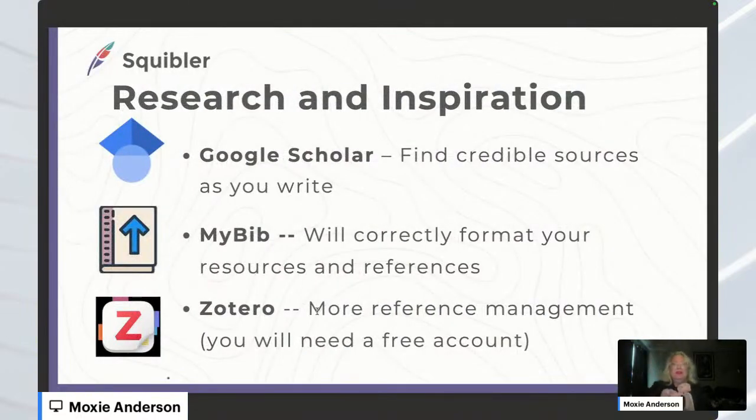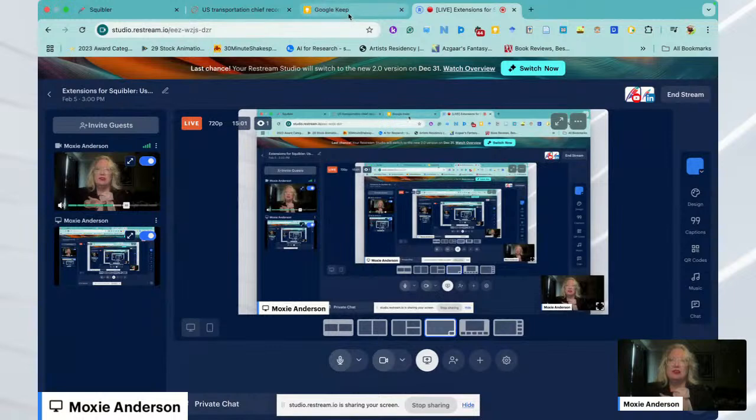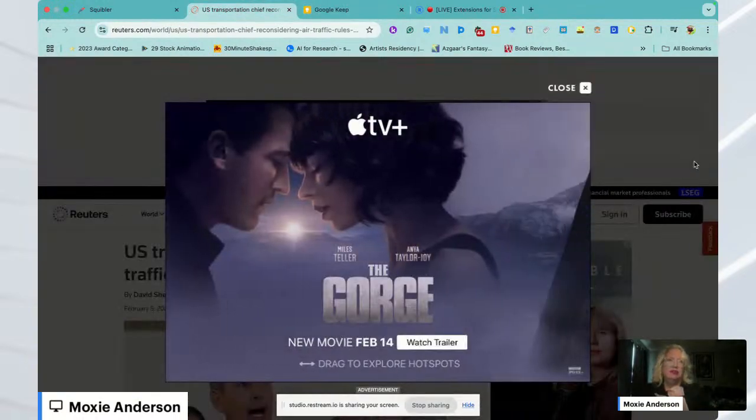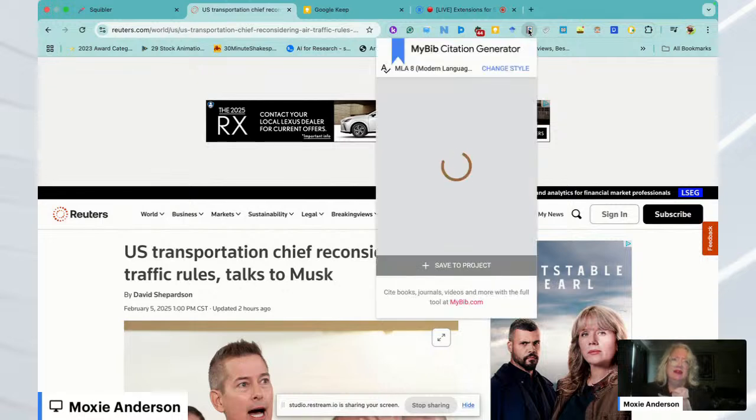This is My Bib. This is awesome for those of you who do not like the tedious work involved with your citations. My Bib is going to correctly format your sources and references. So I'm going to go back to my transportation article here. And what I can do, instead of having to type up my own citation, is just click on my bib